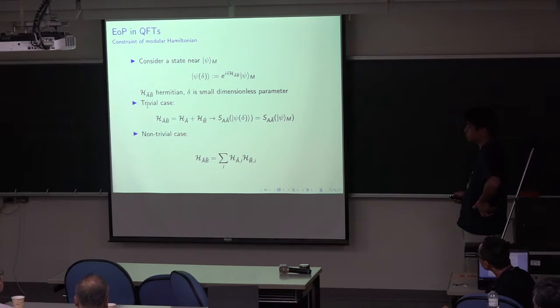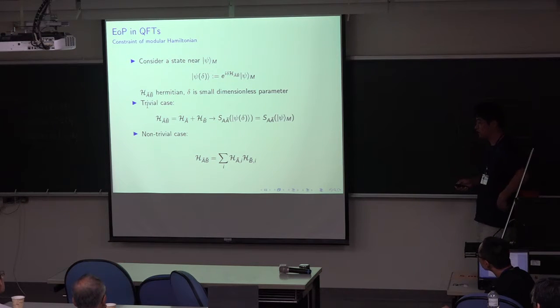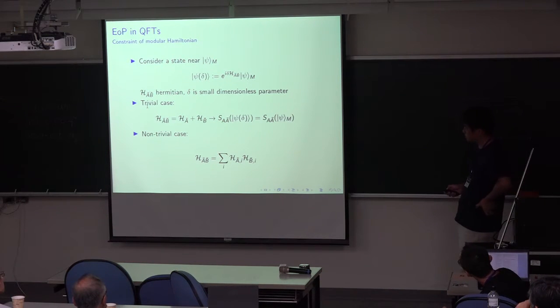This case is very trivial. It's because it doesn't change the entanglement entropy. Because when you make some local unitary operations, the entanglement entropy for these regions will not change. And this case is non-trivial because it can be written as the product of